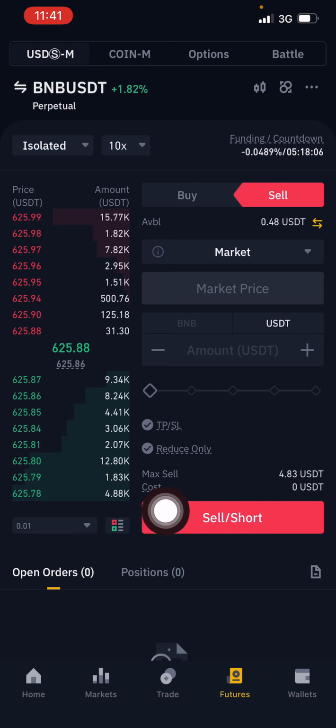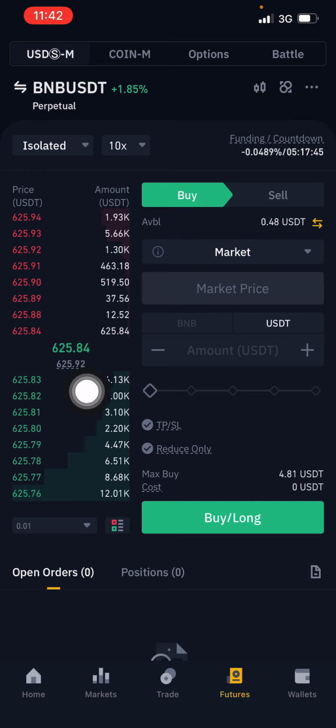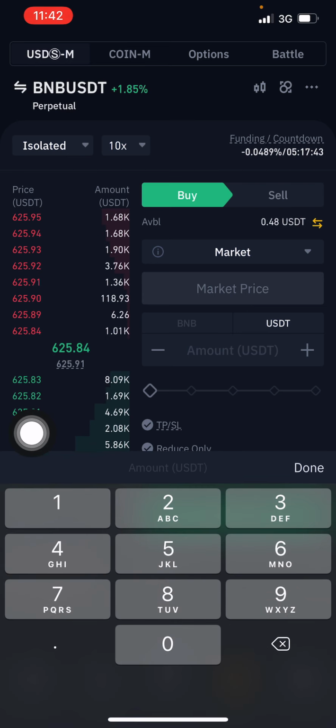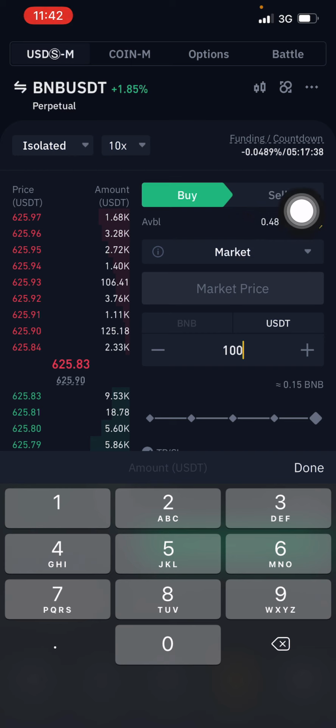If you predict that the market is going to go down, because it's not only possible in forex, it's also possible in crypto. When an asset gains value, you make profit. When it comes down, you make profit also. Do you understand? So let's assume my analysis says that BNB is going to hit $650. So I'll come right here and I want to place a trade with $100, for instance. I currently don't have any USDT available. I click done,